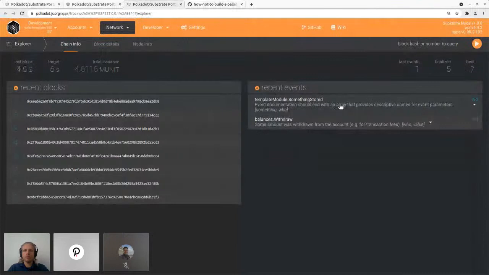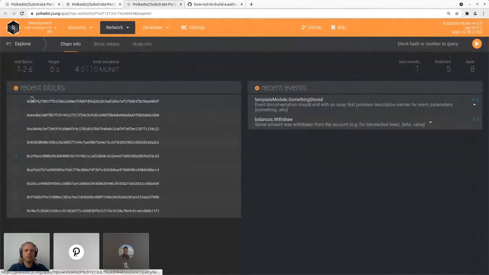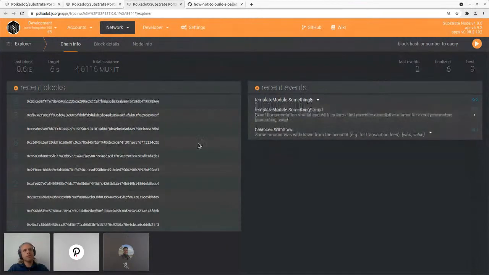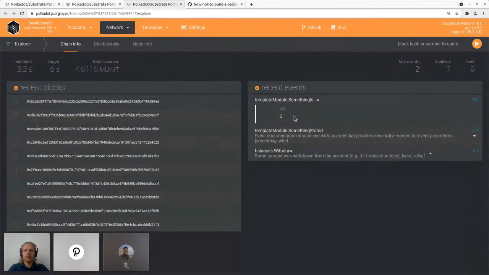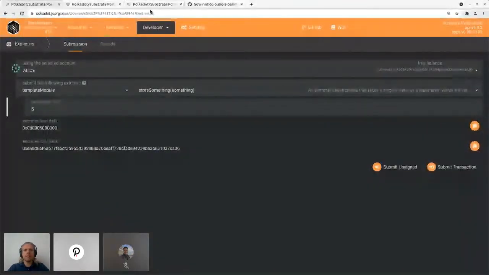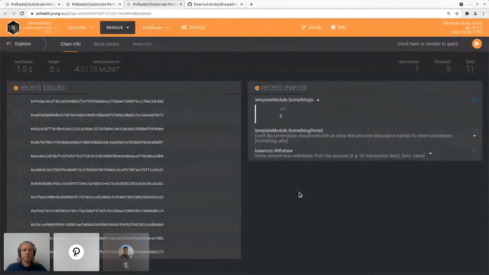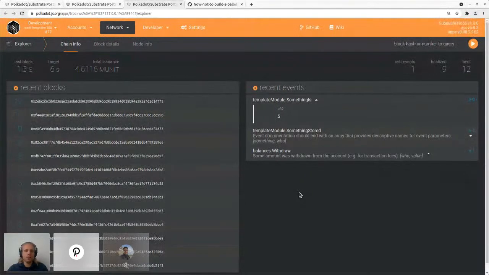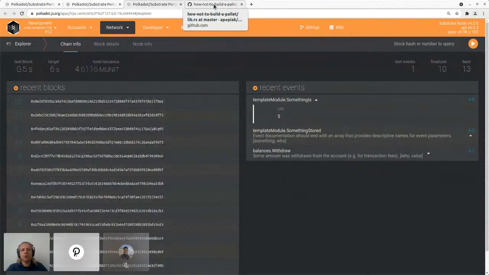We should be able to see the something stored, and then once we hit our block number 9, I think it should be 9 plus 1 is 10, modulo 10 is 0, right? Then we will get this event from the onInitialize. This one. Right, so we know it didn't panic; it worked, and this is part of the thing that's devilish about the unwrap. You might not always hit it, right? Which is why you should just not use it, except in very rare circumstances where you know for a fact that there should be a value behind it, and then what you would do is